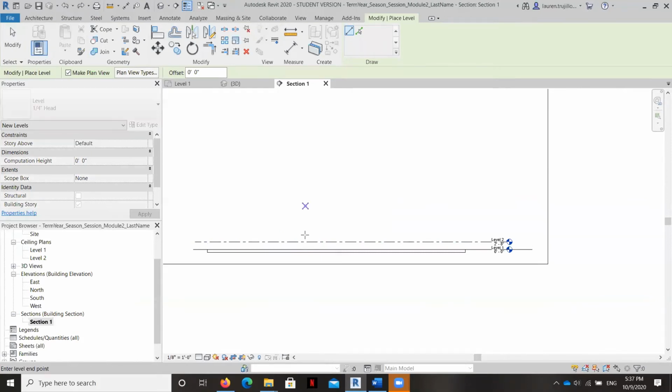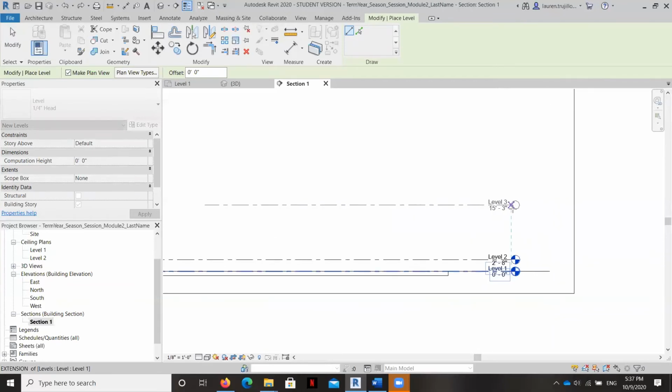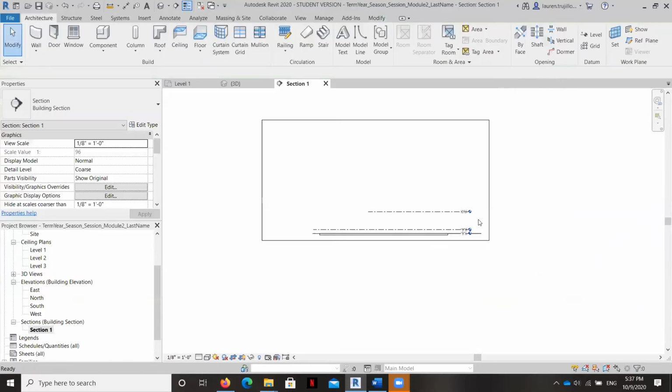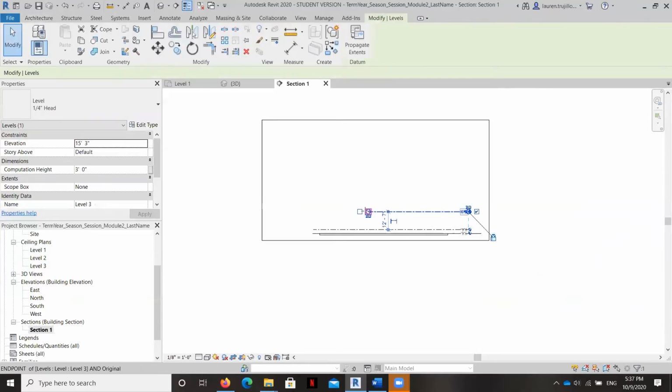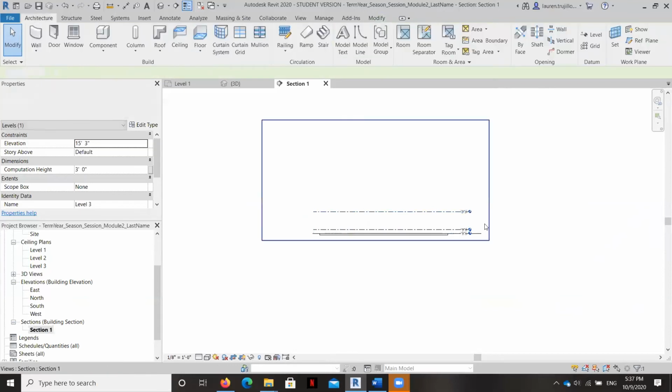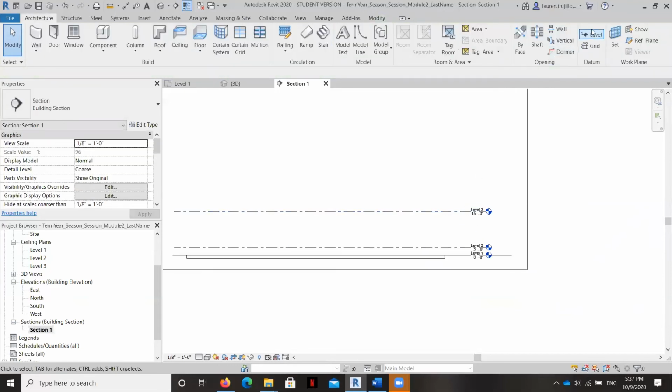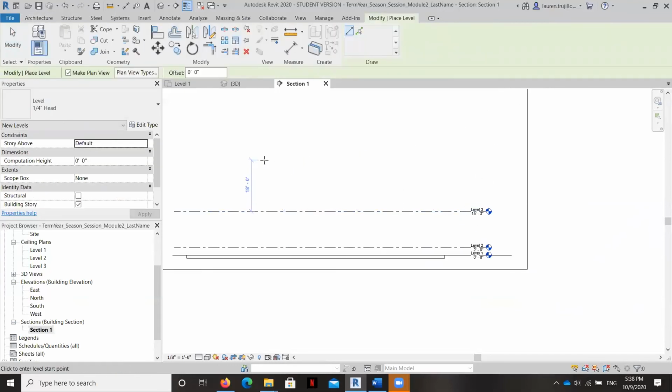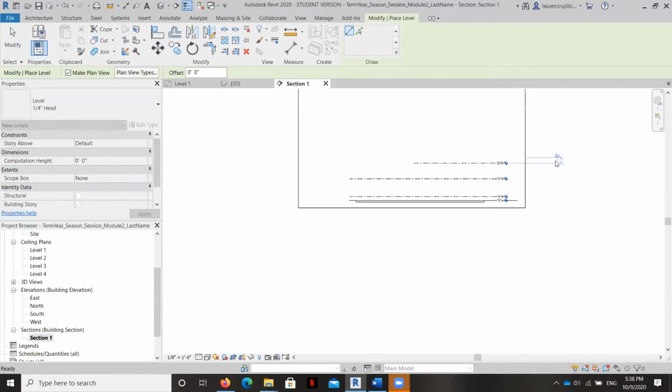7 inches. And then it's going to say, okay, well, where do you want it? And I want it to snap right to where the other ones are, because that'll make it look nice and neat. And I'm going to grab the tail grip like that. Okay. And we're going to create another level. Okay. And that level is 10 feet 11 inches. Okay, so that's level 4.